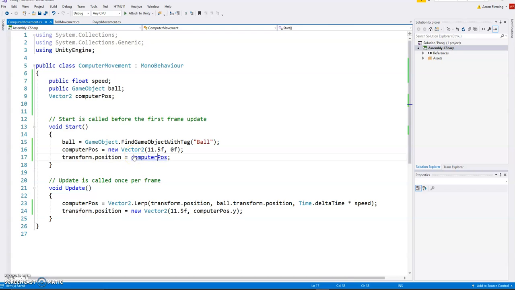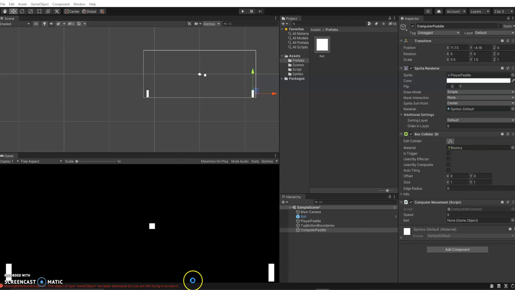So let's just take a look at that. Saved it, popped back to Unity. Don't worry about that error. I just want to make sure that the player